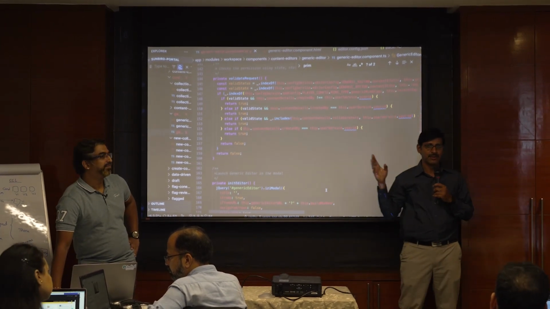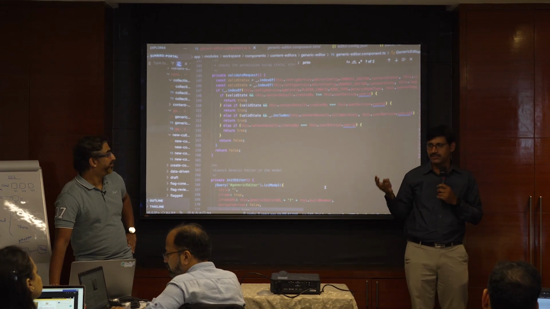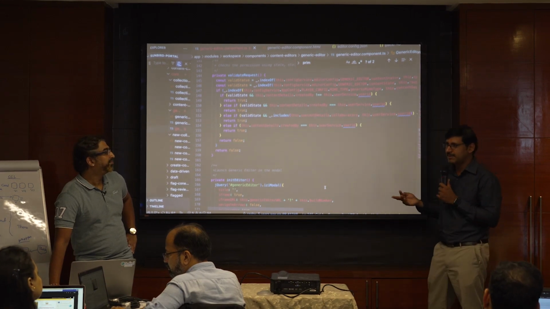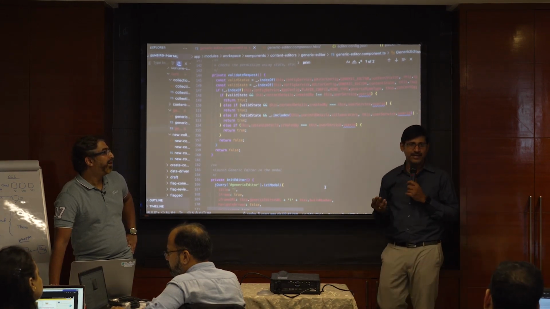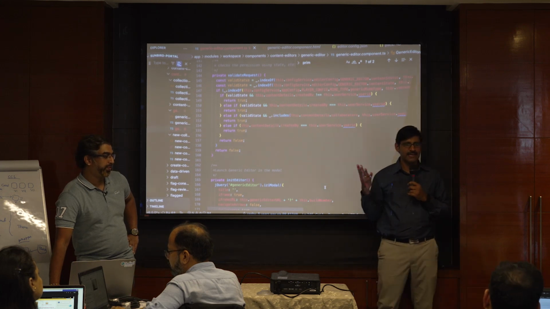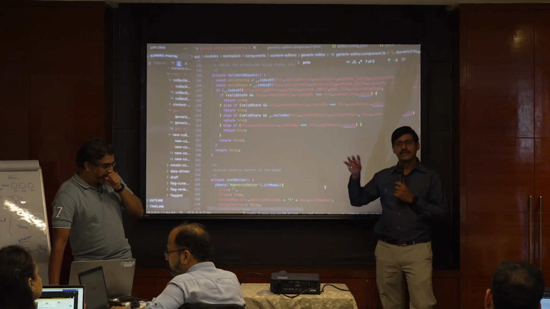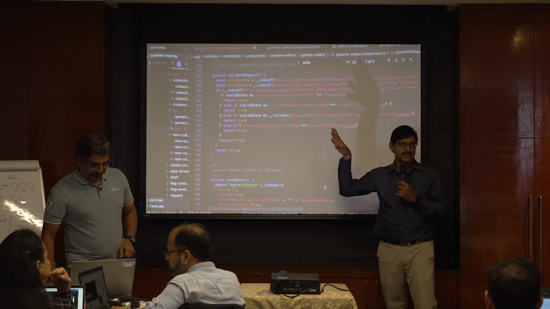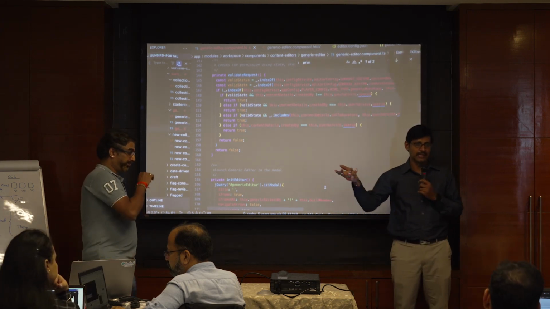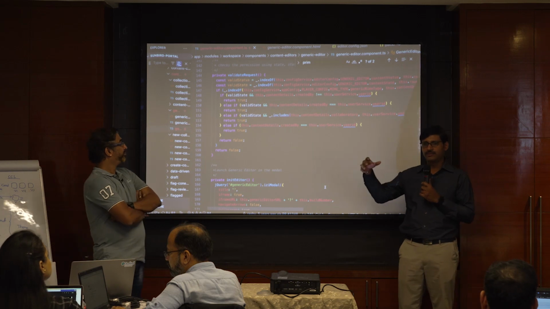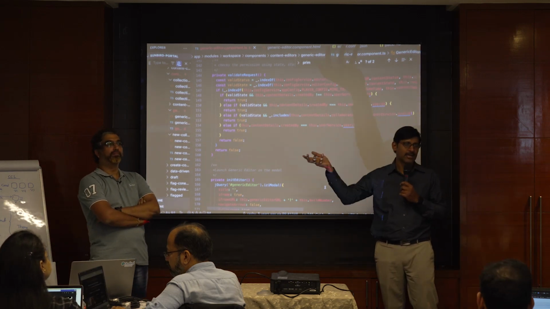It means files to upload. What are the file types? PDF, EPUB, HTML, video, audio. These are the different files that we're supporting as of now. This editor is used to upload those files, and whatever file you upload, it will create as a content. That content can be added into an individual content play or into a collection.